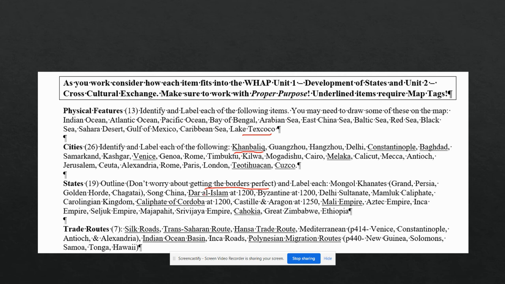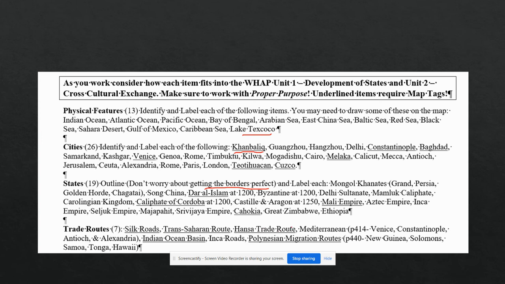So when you label that one, you're going to make a tag for that one, and then kind of do a brief explanation why it matters and some sort of symbol to go along with it. We'll talk more, okay? So I've specifically cut it down as to how many tags you've got to do. So make sure you're on top of that and doing them with purpose. All right, trade routes: Silk Roads, Trans-Saharan,